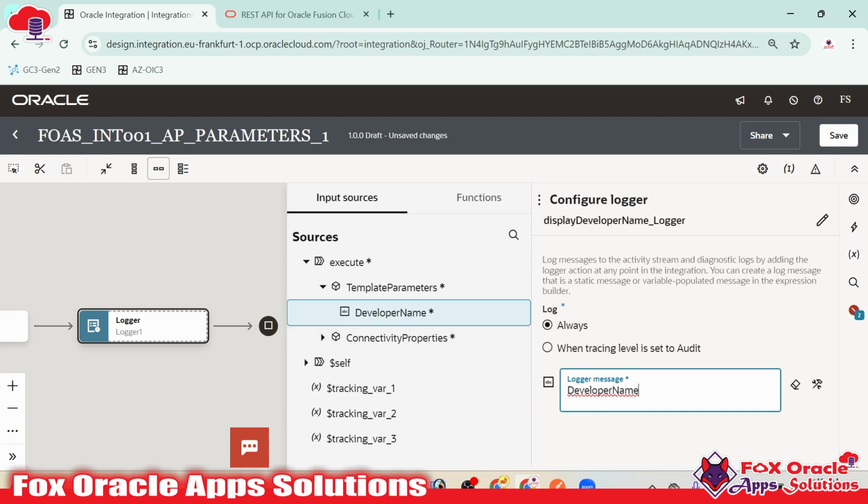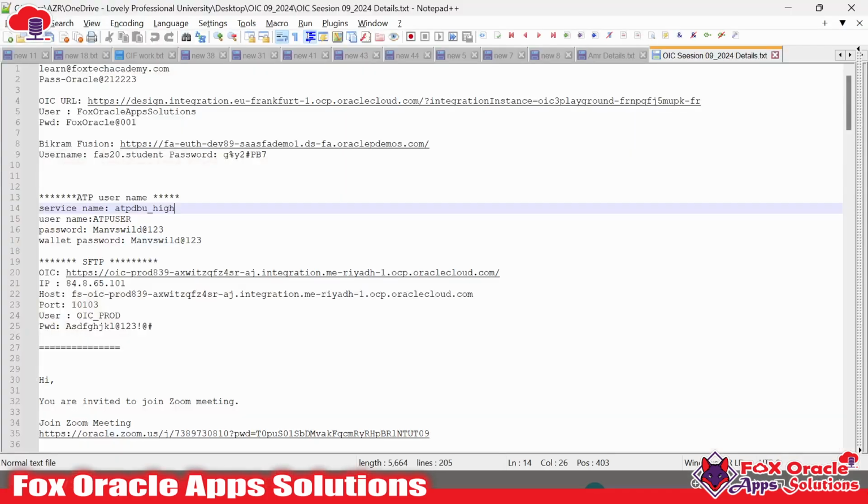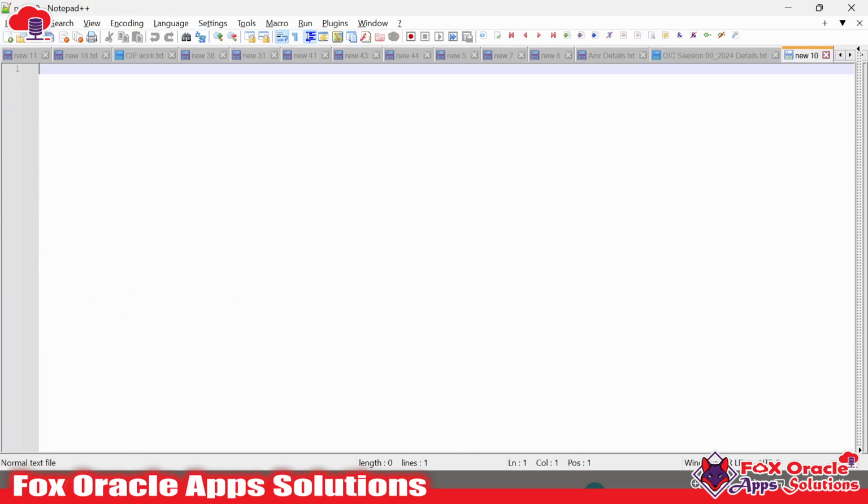So whatever value we will drag, it will display. So I want to concatenate some values. Concat is a function, right? What I want to concat is a message to display, like